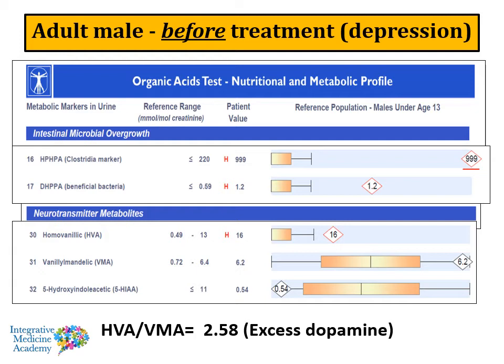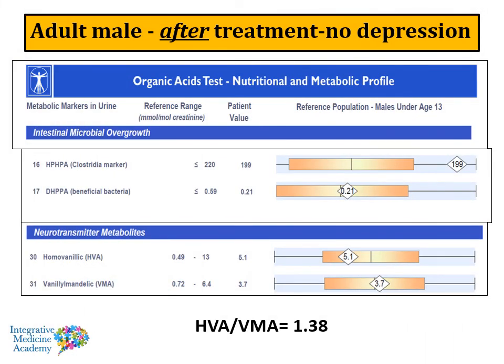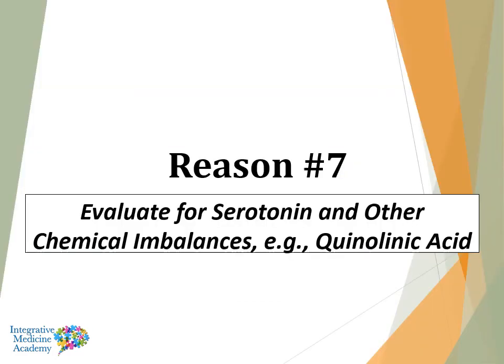It inhibits that enzyme, causing HVA to elevate, again causing potential neurological issues. And then after treatment, if we treat the Clostridia correctly, many times we'll have an improvement in homovanillic acid. And so that's a really key point of the organic acid test from Great Plains,